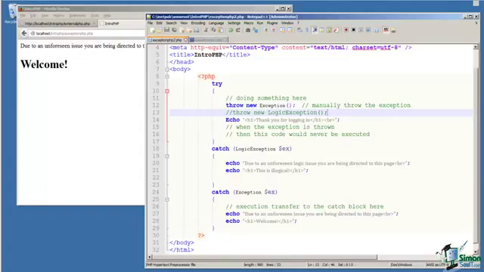So in this code snippet, we're going to demonstrate how we might respond to multiple types of exceptions that could occur in our application. In order to respond to multiple potential runtime errors, we need to define multiple catch blocks. And in doing so, we need to define those catch blocks from the most specific type of error that might occur to the most general type of error, because the PHP preprocessor will check the type of error that occurs